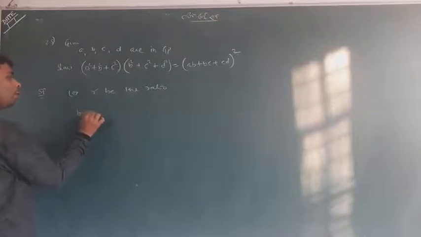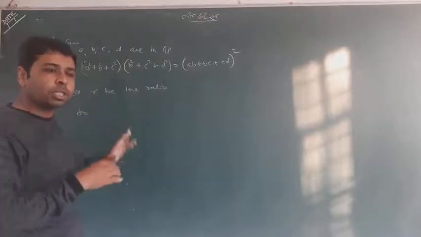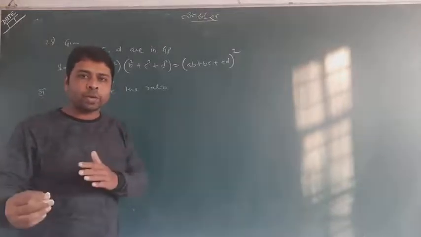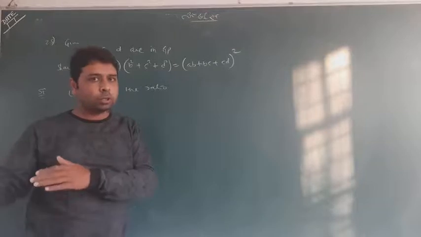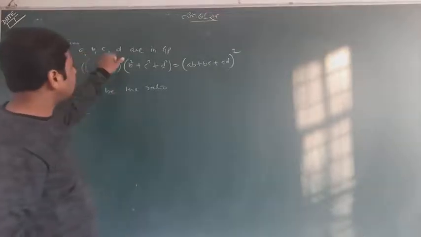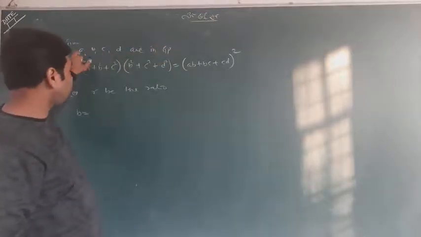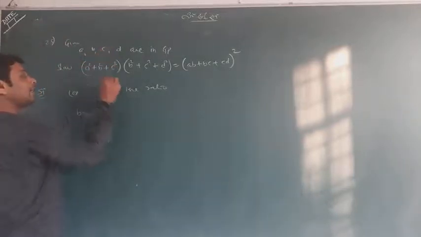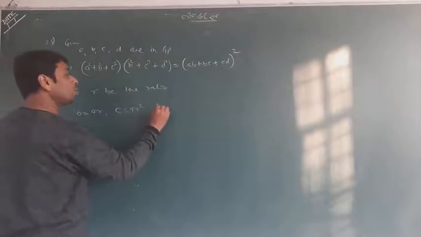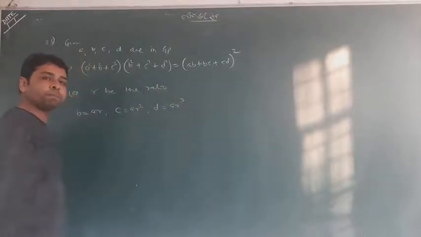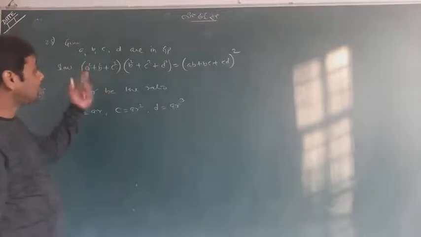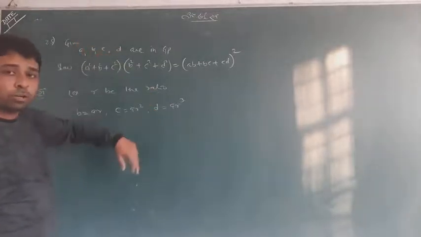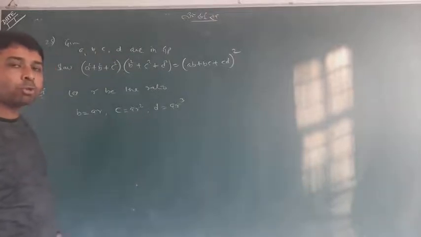So what will b be? Your sequence is like a, ar, ar square, ar cube and so on. If these terms are in GP and this is the first term a and r is the ratio, the second term can be called ar, the third term ar square and the fourth term ar cube. So a is a, b is ar, c is ar square and d is ar cube. When I got this, I have a good trick to tell you.